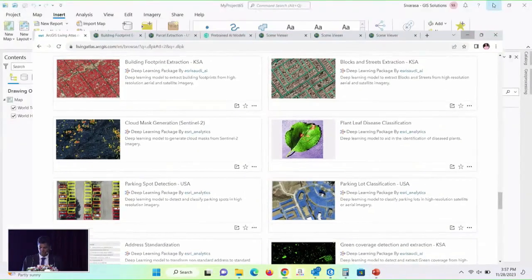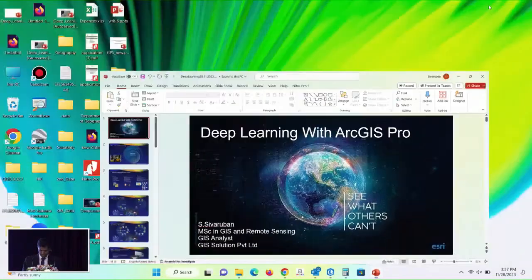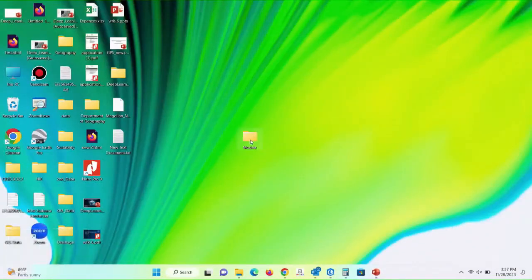I have downloaded several models, the building model and some others.